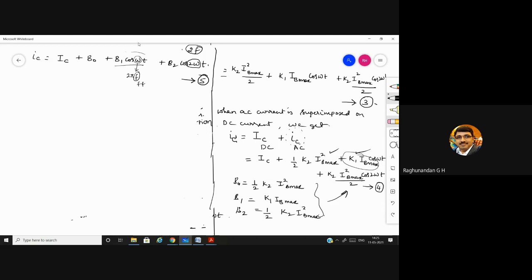The frequency has to remain the same for different components. But here the frequency has been changed. It is 2f. Don't consider this 2 pi part, just 2 into f, because this 2 we are considering. It is twice. So this indicates that the second harmonic is present. Because in the fourth term, we are having frequency twice the applied frequency. Hence, it is known as the second harmonic term.